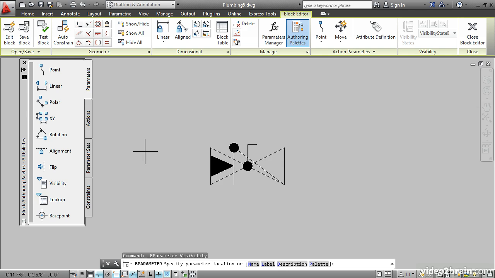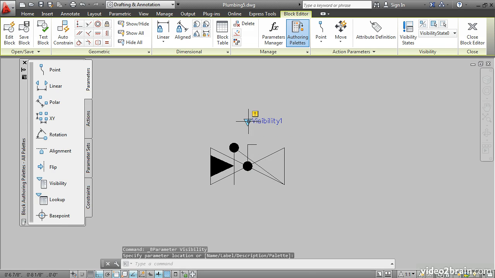The command line says Specify Parameter Location. Make sure that Object Snap Tracking is on. Hover the cursor over this point, move up a short distance, and click. This locates the visibility grip at the center line of the valve. So far, so good. The next thing we need to do in order to get this grip to work is